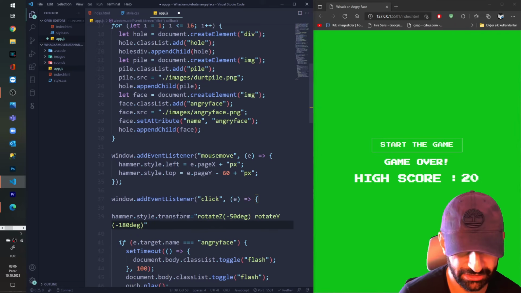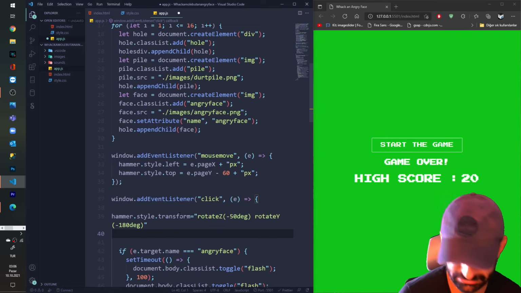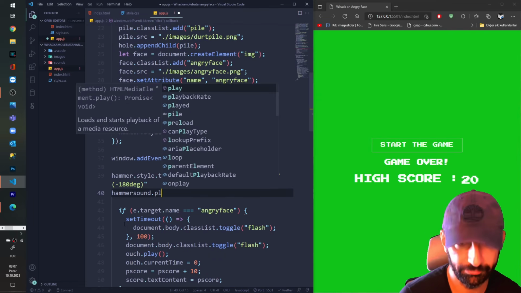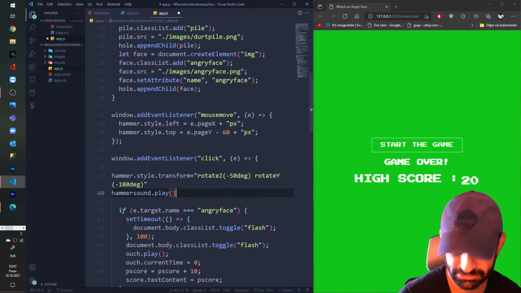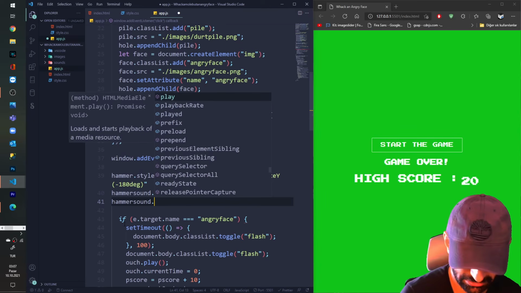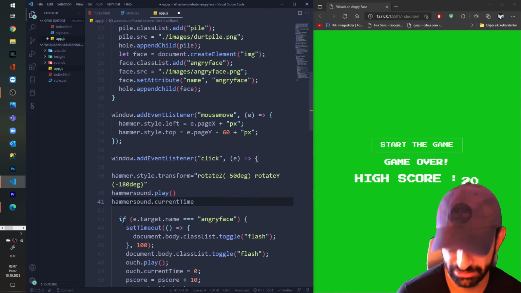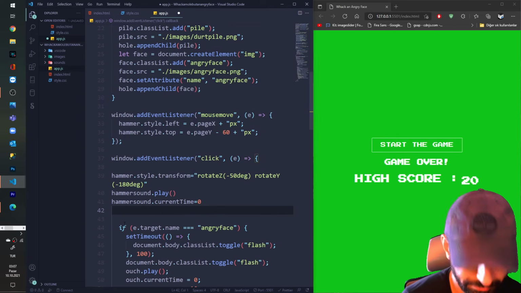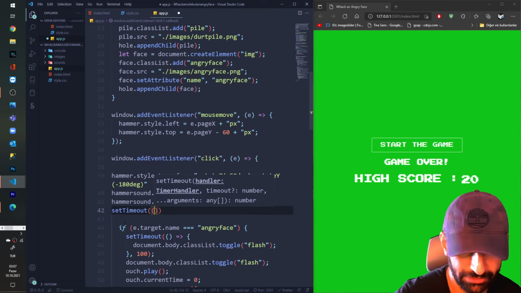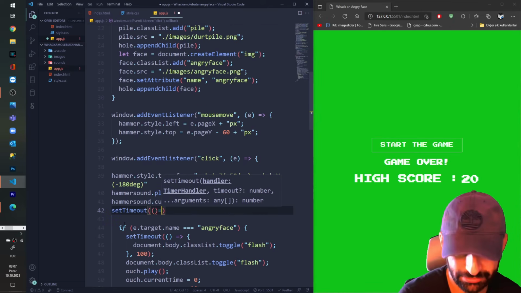and here I'm gonna play the sound, hammer sound, play the sound, and hammer reset the sound. Current time equals to 0, and then I say set timeout, and our game finishes here, the programming part.